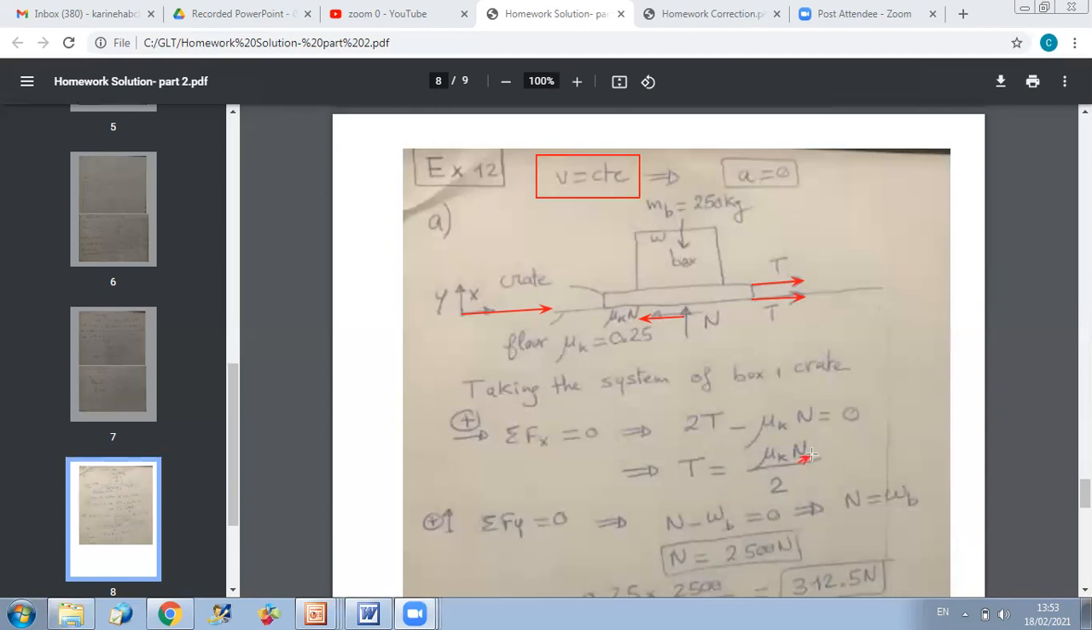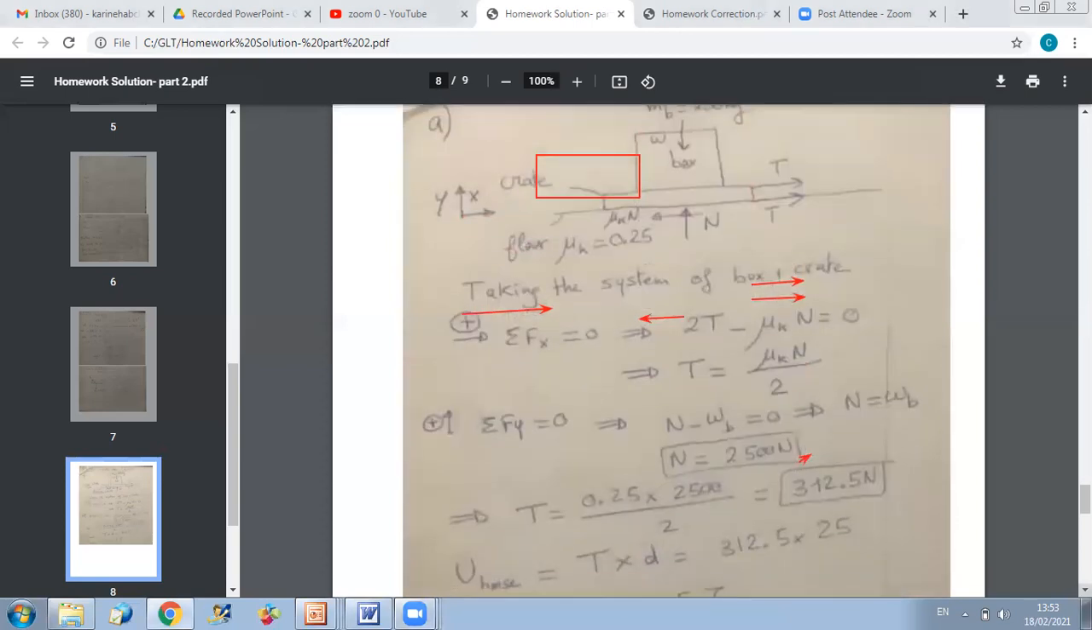So to calculate N, we need to apply sum of y equals 0. Along y, we have the normal and the weight of the system. So we get that N equals W. And then once we replace N here, we can find the value of T. Now, once we have the value of T, in order to find the work, since it's a constant force,